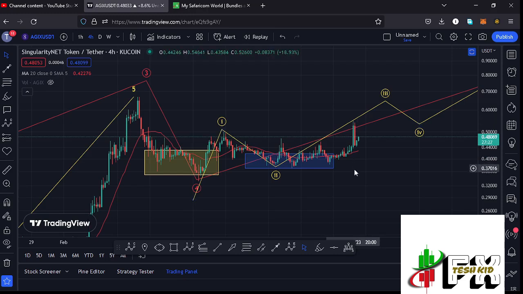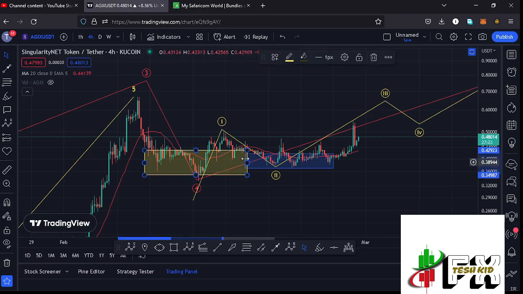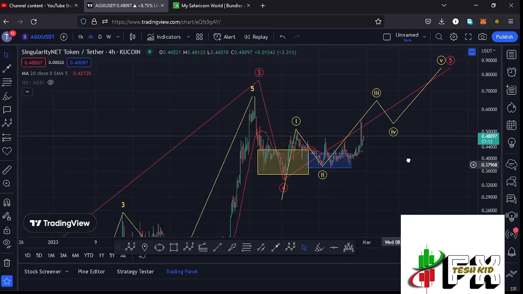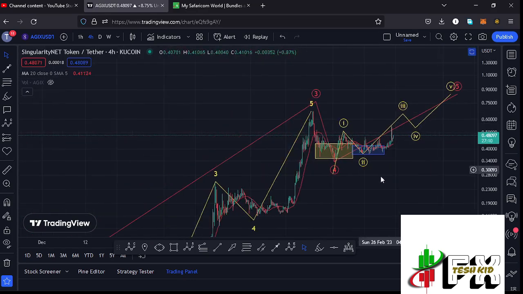We have also continued to obey the Elliott structures where we have fully maximized our target areas to the lower side in the formation of this wave 4, and I believe that whatever we are seeing at the moment is the start of this massive bounce to the upside in the formation of this wave 5. And before I get further into the technical analysis and also give you my next price targets here on the Agix chart,